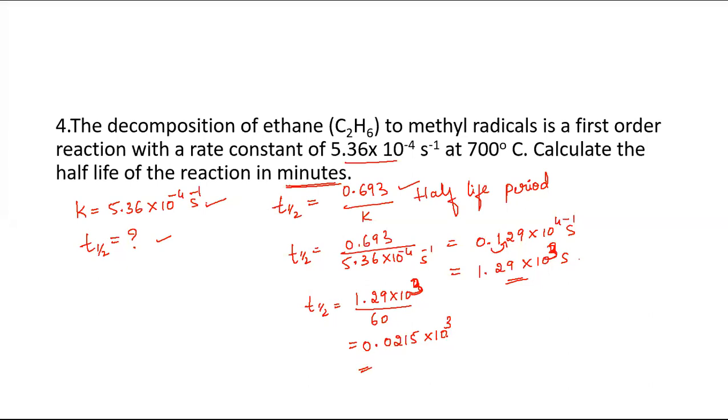Okay, so it is in minutes now. Now t half is equal to, let us shift the decimal. Since it is 3, 1 2 3 times we can shift here. So our answer is 21.5 minutes. Or else you can write 2.15 into 10 to the power of 1 also. Since only 10 remains, we can write 21.5 minutes. This is the answer. Okay, any doubts in this problem? Why did we convert to minutes? In the question itself they have asked to convert this into minutes.